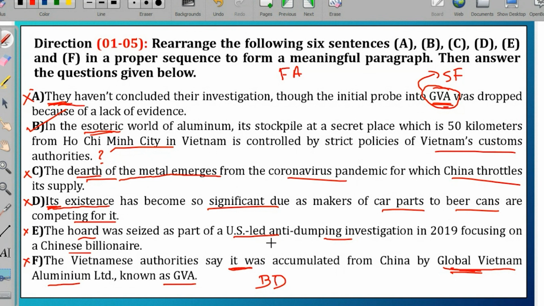अब आएगा सी कि the dearth of metal emerges. ठीक है ना, मतलब shortage of metal emerges कब से? कोरोना वायरस के पैंडेमिक से. Okay, सो बी डी के बाद आएगा आपका सी. Okay, and the hoard was seized. Again, the hoard was seized as part of US-led anti-dumping investigation. तो C के बाद आएगा आपका statement E, B, D, C, E, and then we know that F and